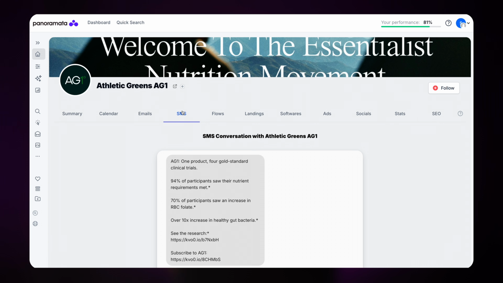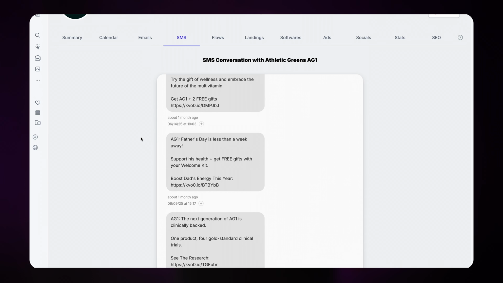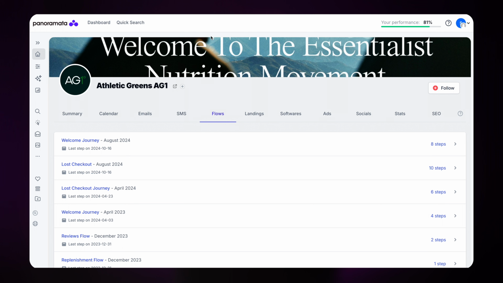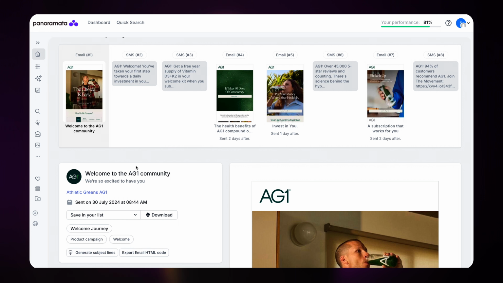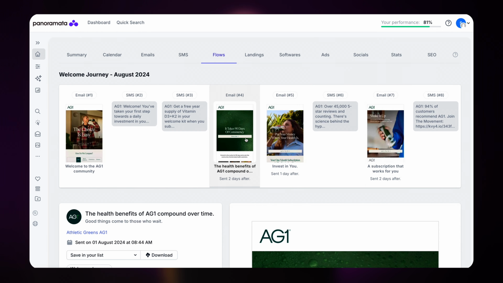For the companies sending SMSs, we're going to track them as well, and you'll be able to find them all right here. For most of the companies that we do track, we'll also track their flows, specifically welcome and lost checkout, and more if available. But for instance, here I have the welcome flow of AG1 measured a few weeks ago, and I can see all the emails and SMSs that are part of this very specific flow,